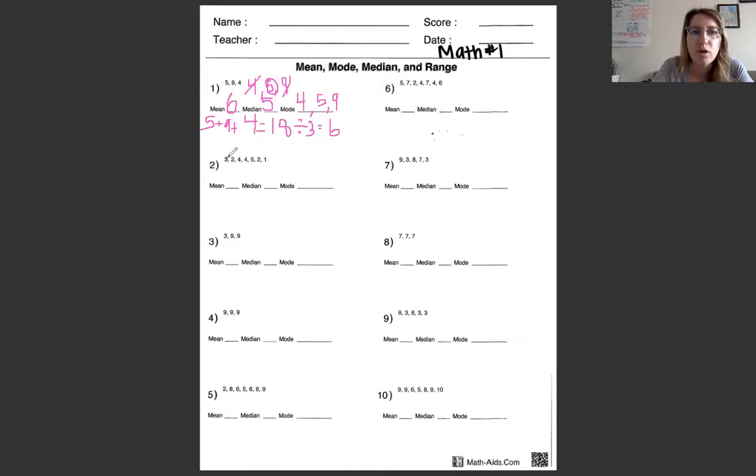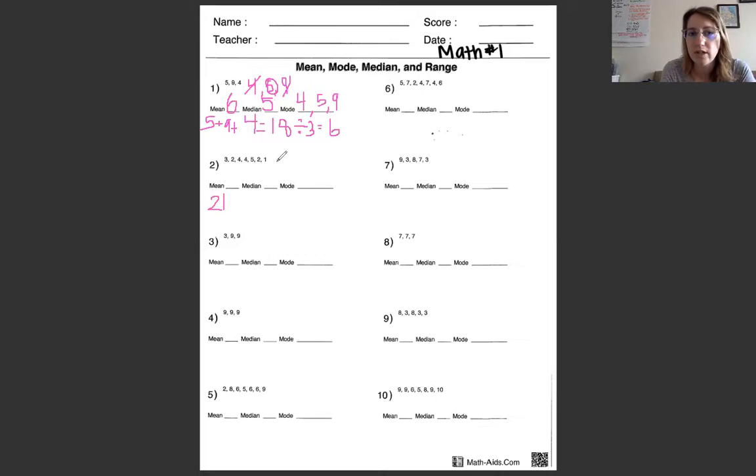So for the mean, again, we're going to add up all of these numbers. You don't have to write it out in an addition problem if you don't want to. I did up here just so that you could really see what that is. But here I'm just going to add them together. So 3 plus 2 is 5, 4 plus 4 is 8, plus 7, plus another 8. So we should get 21 there. I just added them together the way I want to. If you need to go 5, 9, and so on, that's totally fine. But we should get 21